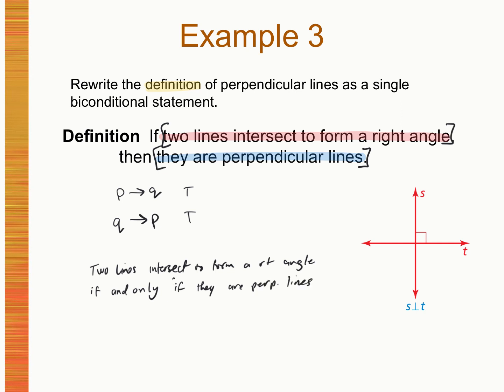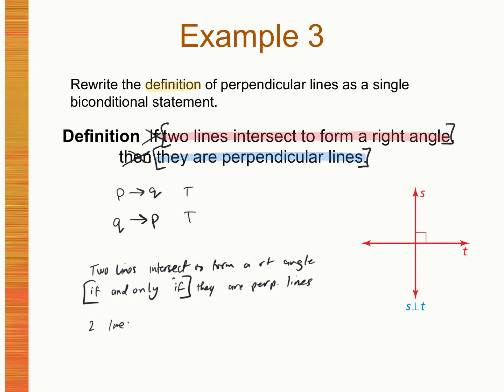Okay, notice if and only if here. And notice one thing, I didn't put the if and the then in the final biconditional, because a biconditional statement actually does not have the if-then in it. So I could have written it like that, and I could also have written it as: